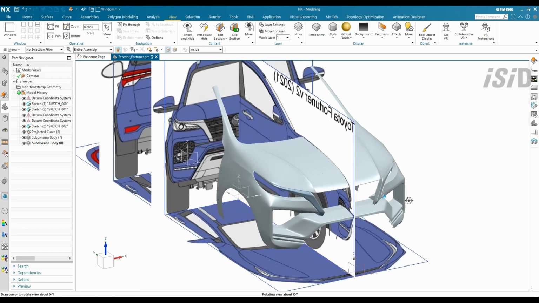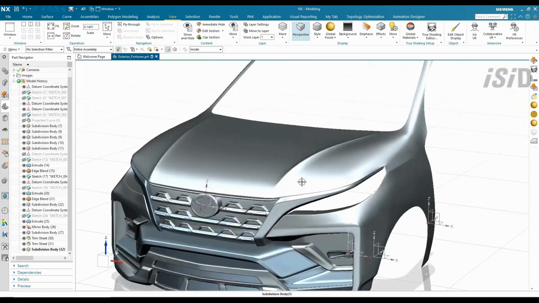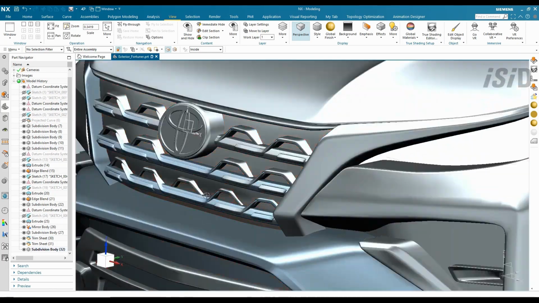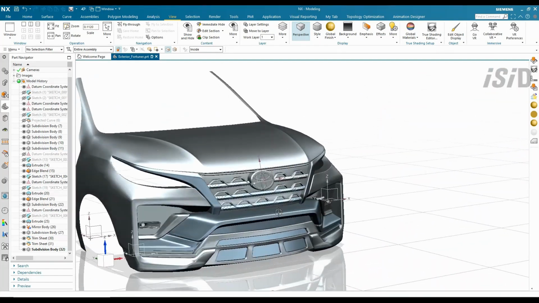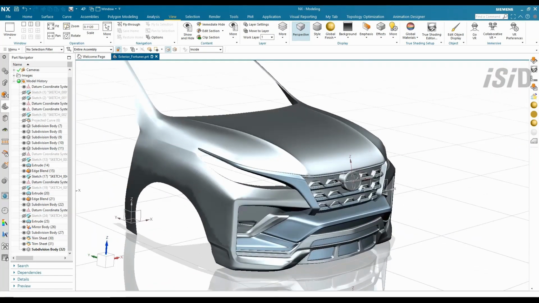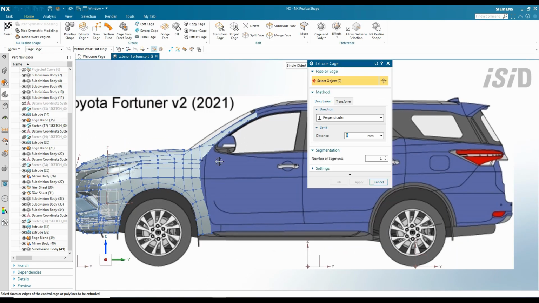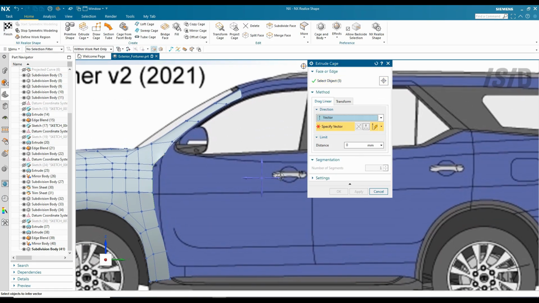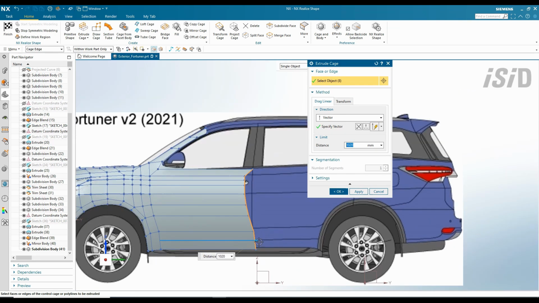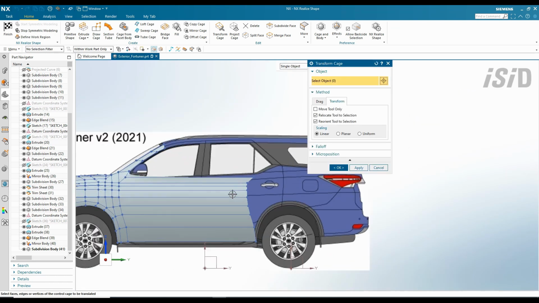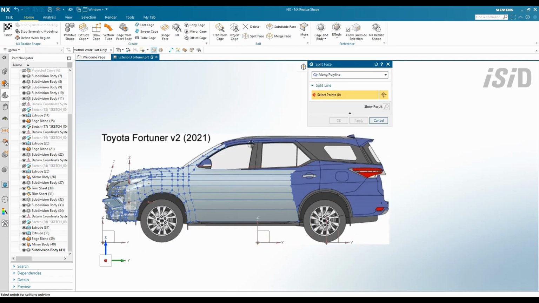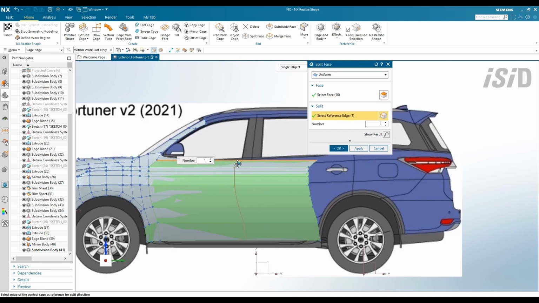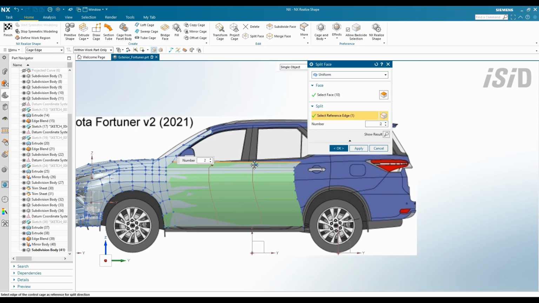And using the same step, I've got this surface or this grill and more accessories of the front side, and then I continue to create the side body of this car using extrude cage command. And then I'm gonna split this face for the pillar creation,